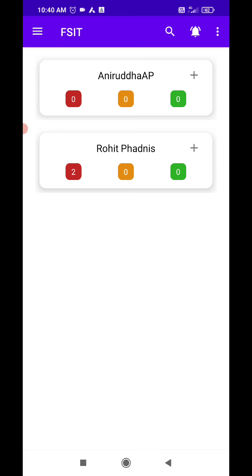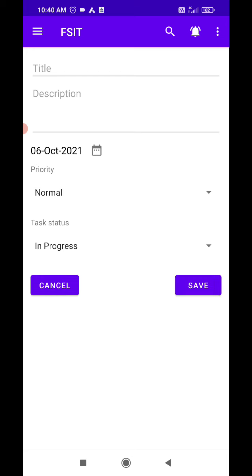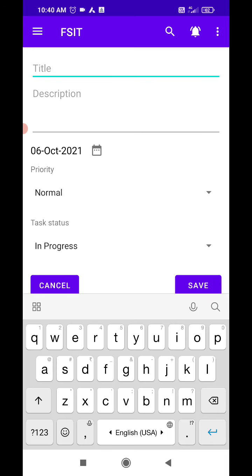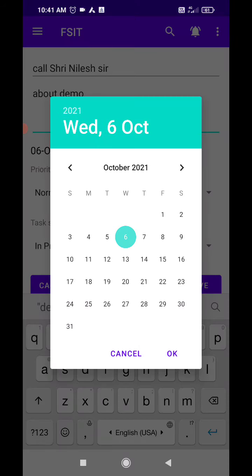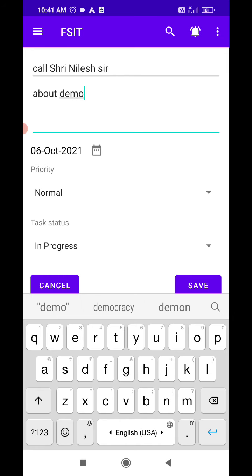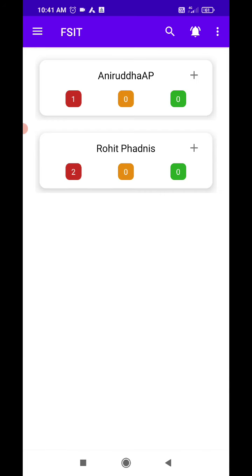Then also sometimes what happens is that as a president, I also have clients, right? I also have tasks, right? So in this case, if I click on the plus button, again here in the title I say call sir about demo, yeah, and then again I give the date as like today's date itself, and then click on save button. So now you'll see that I have got one task like open, then Rohit has got two tasks,